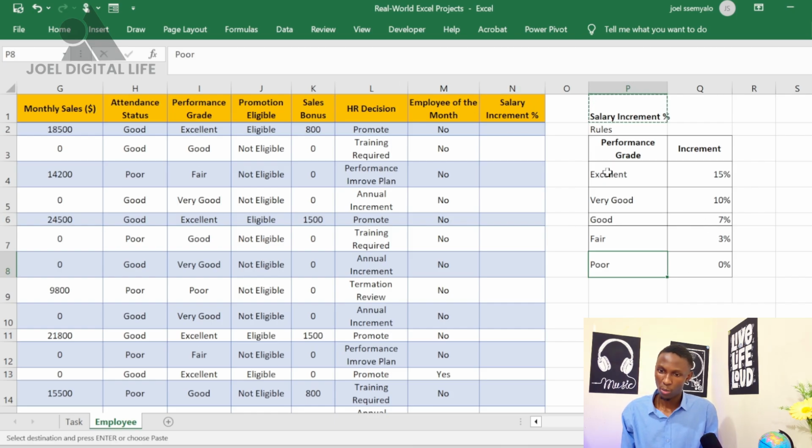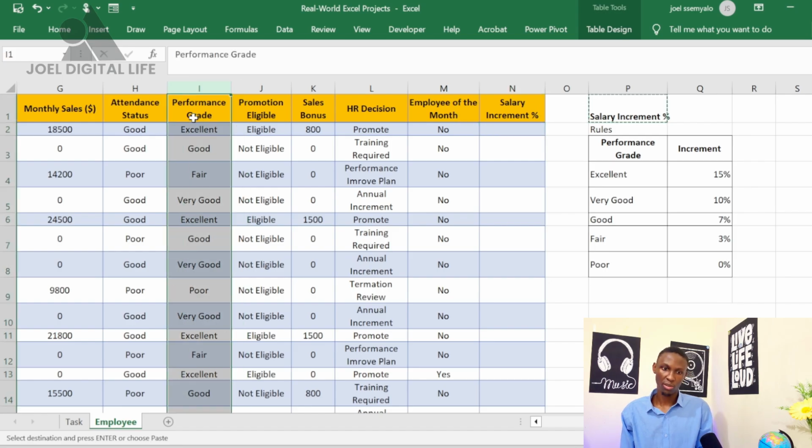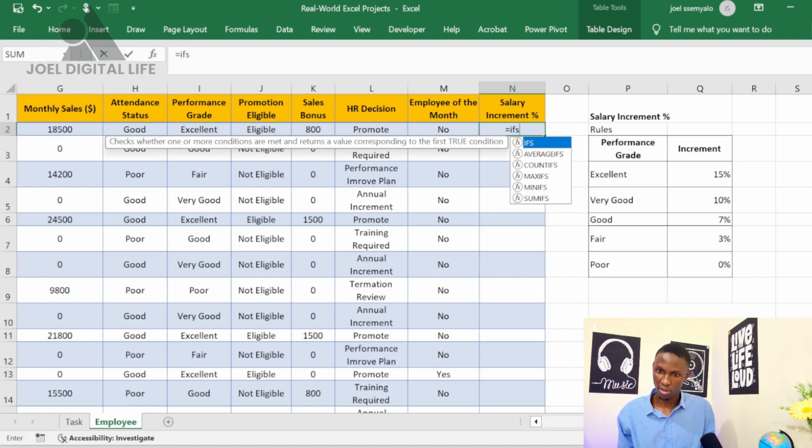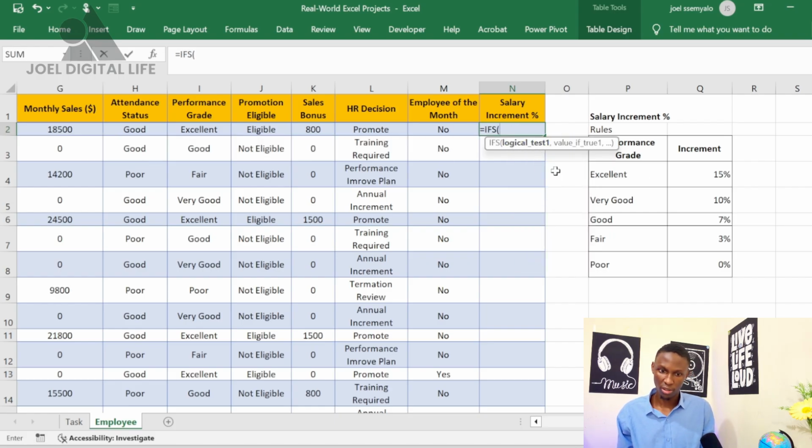So we shall make this based on the performance grade, based on column I, which has our performance grade. So I shall start with my equal sign, IFS. I'll use the IFS with the S. Then the logic will be if this cell I2 is equal to